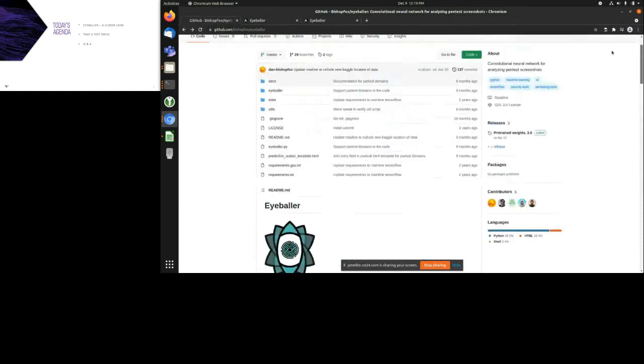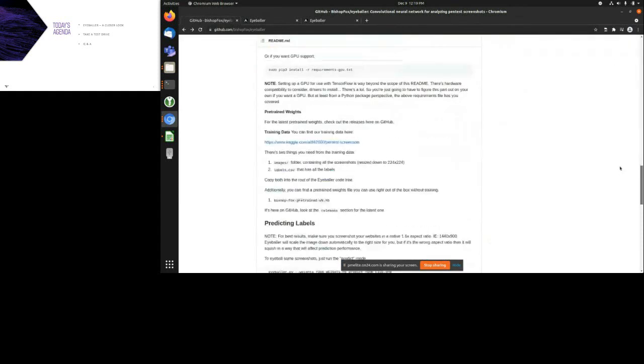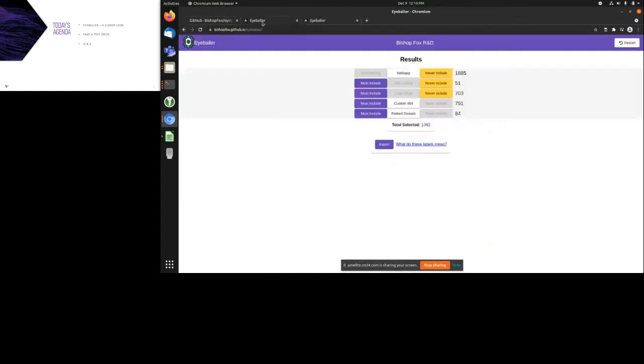I don't. Yeah, I'd have to dig for it. So I came up with a method for basically debugging that exact problem. It's a method of figuring out what on the website, what on the screenshot the model is keying in on to find out, like, this is the login page.